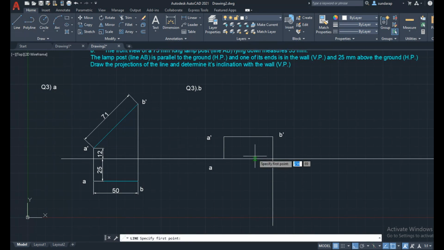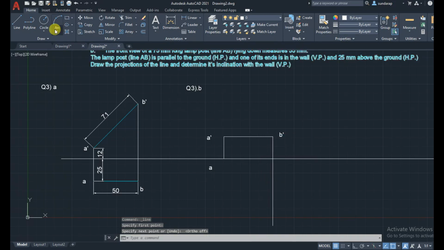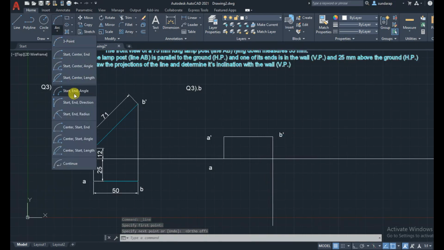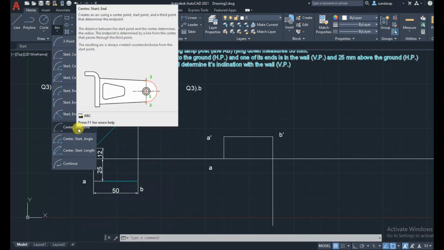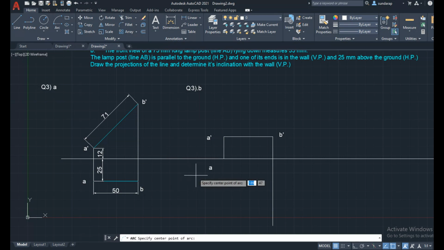It has some inclination that we don't know, so use an arc. Assume it is a compass, use center and start end, with the fixed point.